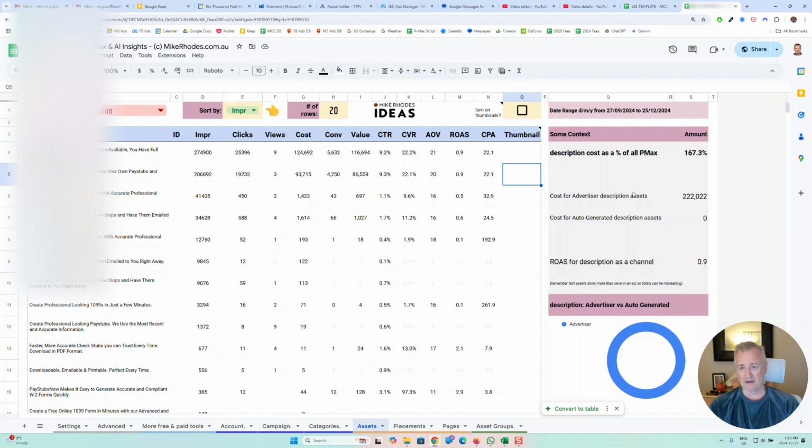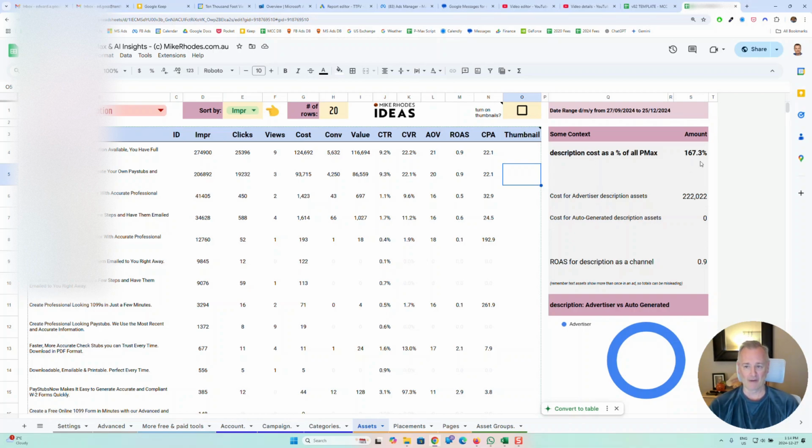There are some numbers over here that he provides for context. So it just tells you description as a cost, a percent for all PMAX. I guess that gives you an indication of how important it is as a creative element. Doesn't make sense. It's 167% to me, so I don't think that's working right.